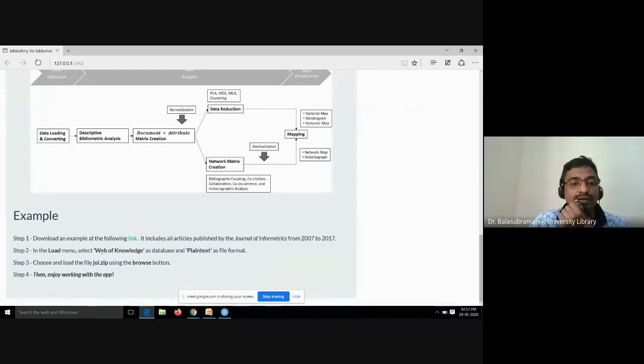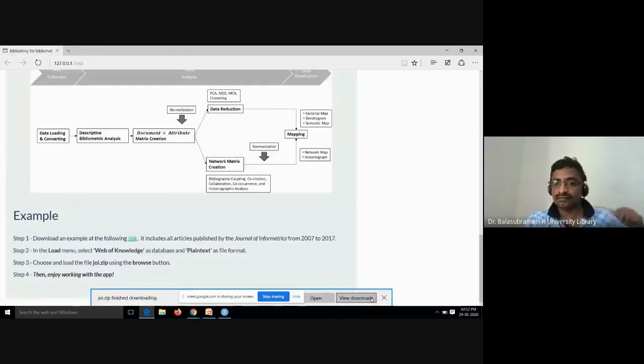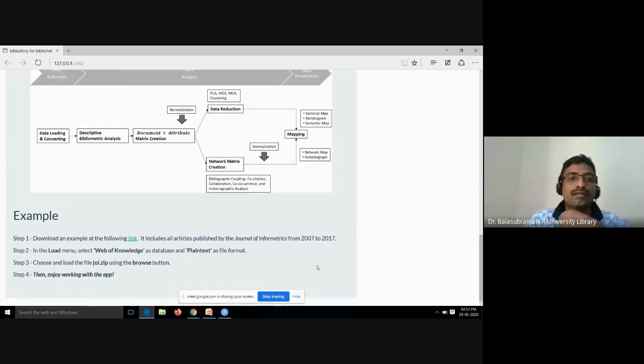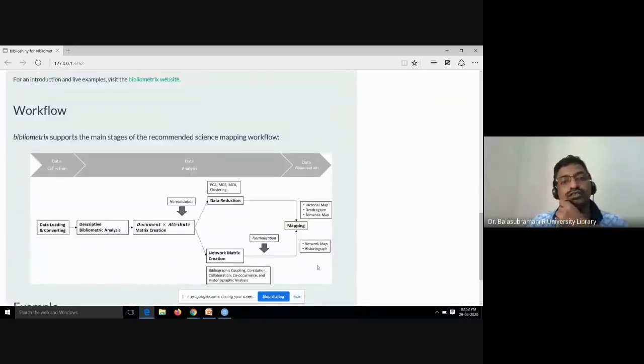If you download from the Web of Science, you can use plain text. You can click here and see the result, how you have to download the records. But if you download from Scopus, you have to use BibTeX.